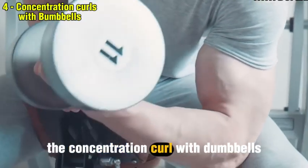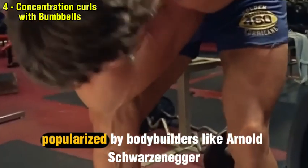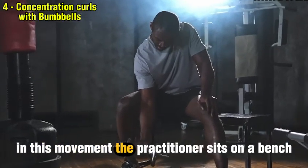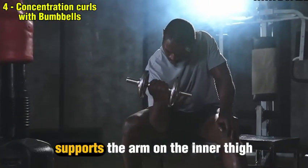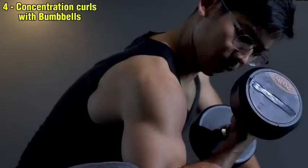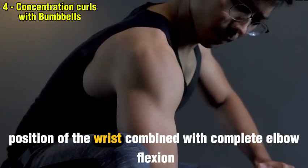Exercise 4, Concentration Curls with Dumbbells. The concentration curl with dumbbells is a classic exercise for biceps isolation, popularized by bodybuilders like Arnold Schwarzenegger. In this movement, the practitioner sits on a bench, supports the arm on the inner thigh, and performs elbow flexion with a dumbbell. The main risk of the concentration curl is the extremely supinated position of the wrist combined with